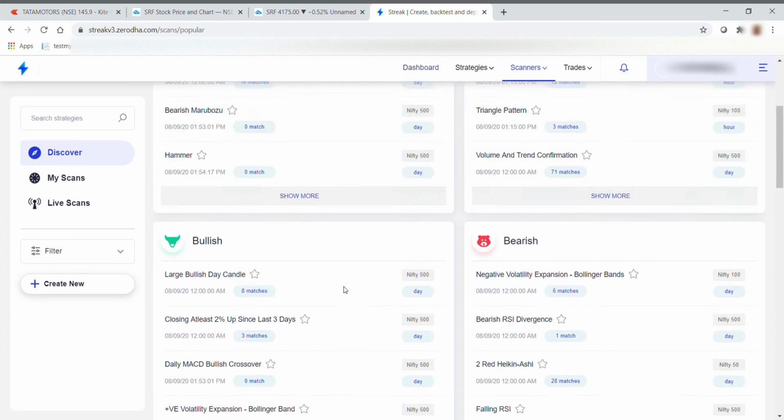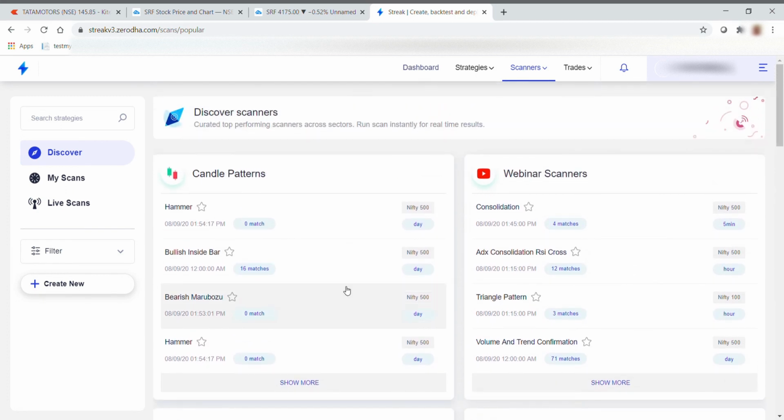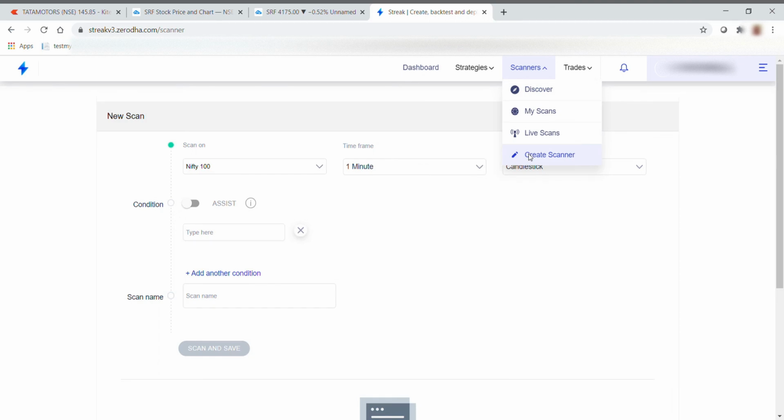And if you want to create your own scanner to alert you, for example, when a stock has crossed a particular pivot point or resistance, that way also you can create your own scanners here. And if you're okay with the scanners, you can put them into live condition. I always create over 1 to 3 scanners a day, and I run them every 3 or 5 minutes. Today I think my scanner limit is already crossed.